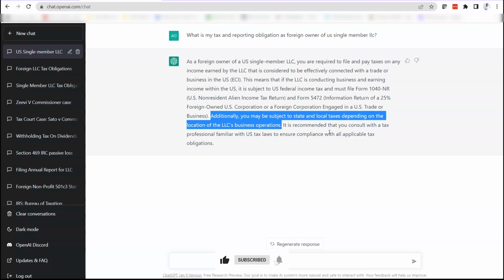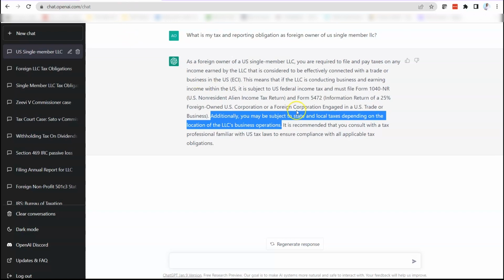So for example, some states have sales tax, use tax, income tax. All of these types of taxes have thresholds assigned to them. So if you meet certain thresholds, you may be required to file some of these taxes, whether it's sales tax, use tax, income tax, or franchise tax. We have 50 states in the union, so you have to really dig deep to see what kind of taxes you're liable for when it comes to state and local taxes.